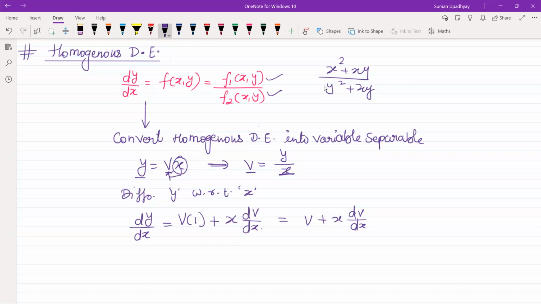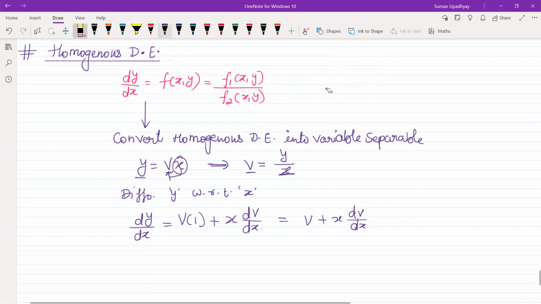Okay, so as you can see, it is a differential equation of this type. Is it homogeneous? Yes, because you can see there are two terms in the numerator and both are of the same power, and the same thing in the denominator also. Both are of the same power, 2, 2, 2. So such a type of equation is known as what? Homogeneous.